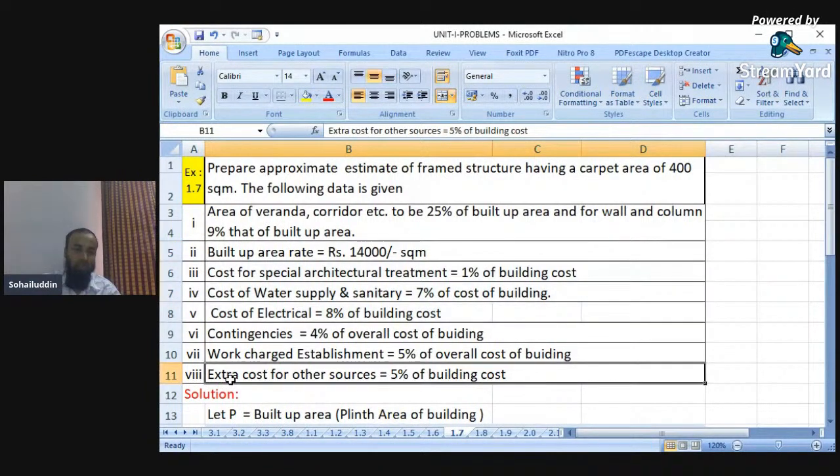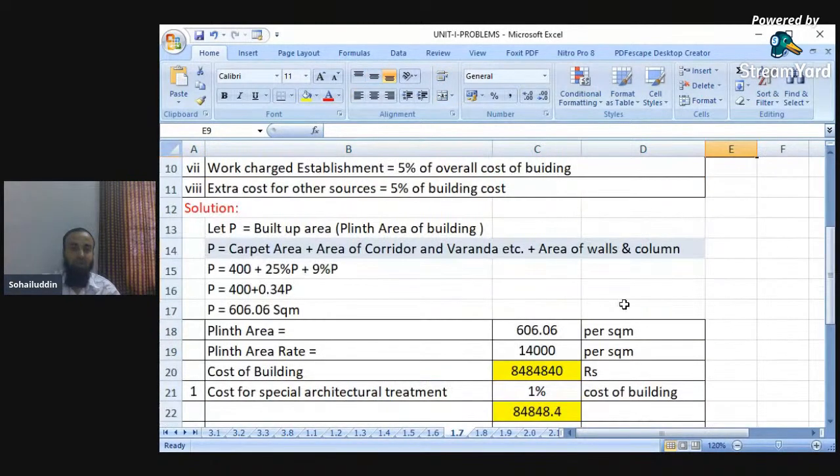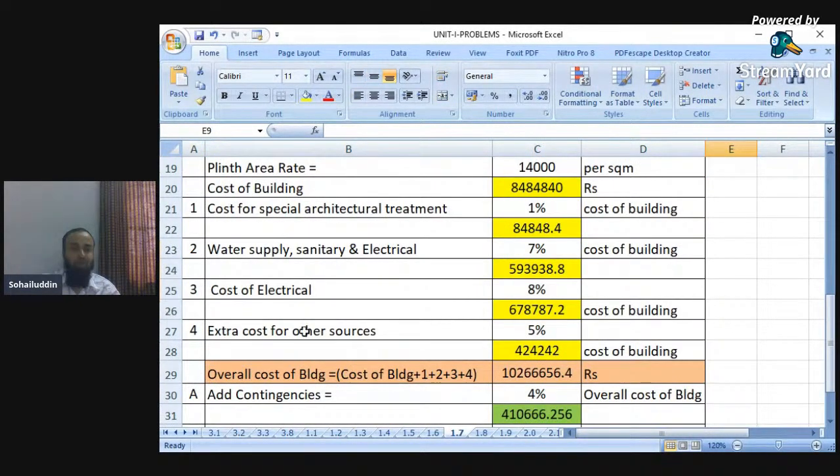But this last extra cost for other sources has been taken as 5% of building cost. That means it comes under the building cost. So we have taken this as 5% of the building cost. The extra cost for the other sources has been taken as 5%. It is just to confuse, and it has been mentioned at the last. So 5% of this is nothing but again the 42, 42, 42, that is the cost of the